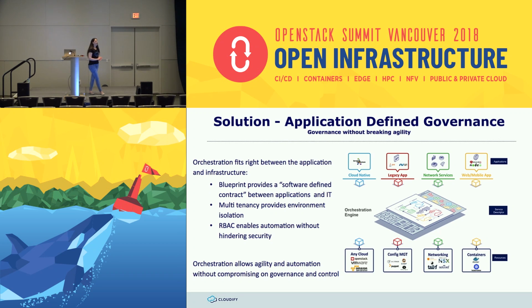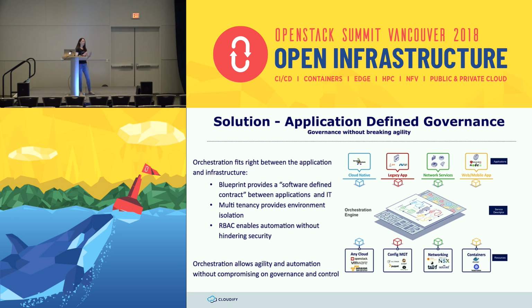So we see the solution as application-defined governance, and that's what I'll be talking about in the next 30 minutes. The idea is that an orchestrator, which is what enables us the consumption of all those services that we've seen before in an automated manner, actually fits between the application and generally any service that is provided on the cloud environment and the infrastructure itself. So with an orchestrator, assuming it was built with governance in mind, you can actually allow agility and automation alongside governance and control. So you can really define who can consume what, how, based on what regulations and what security rules and policies. And I'll be talking about some concepts that enable that,